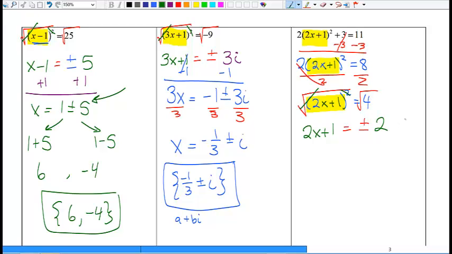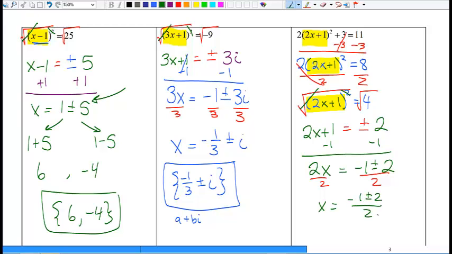That's plain 2. So then I'm going to subtract 1 from both sides, and I get 2x equals negative 1 plus or minus 2. Then I'm going to divide both sides by 2, and I get x is equal to negative 1 plus or minus 2